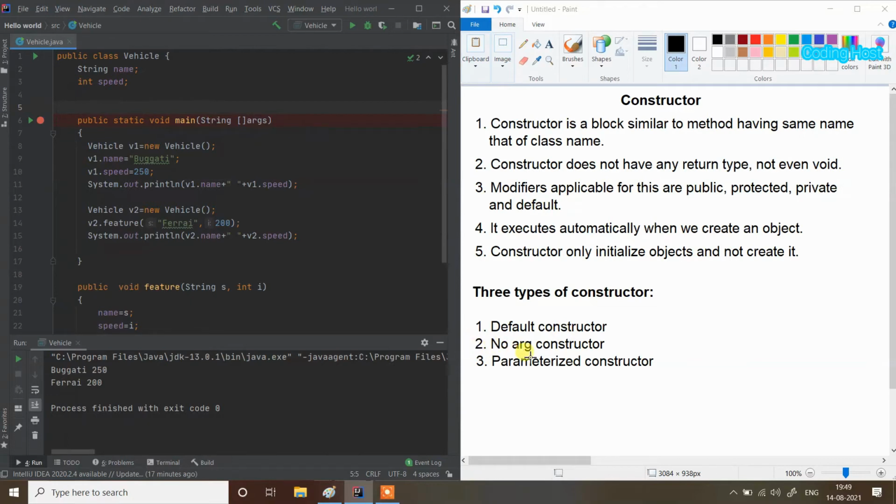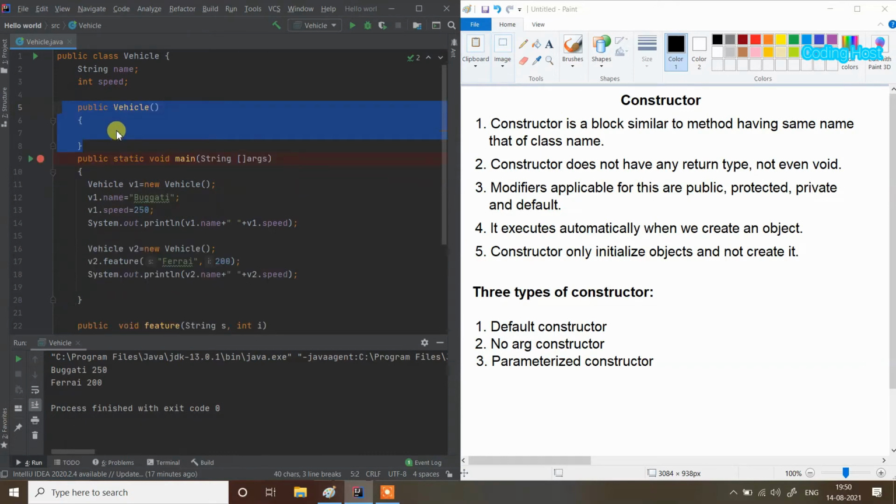And second is the no argument constructor. It is the same as a default constructor, but it is made by the coder, the person who is writing the code. You can see that I have made a constructor here. When I make a constructor by myself, the default constructor will not be created by the compiler.